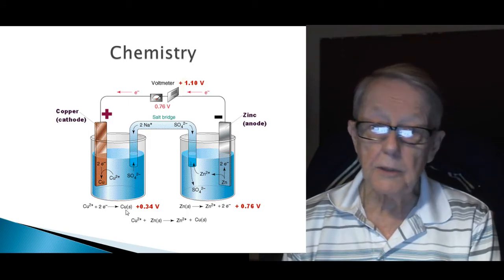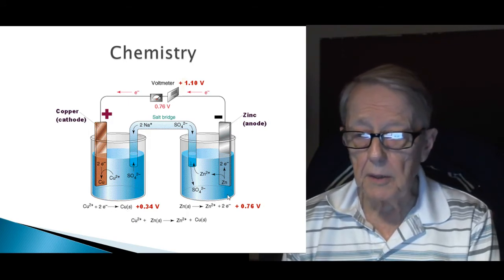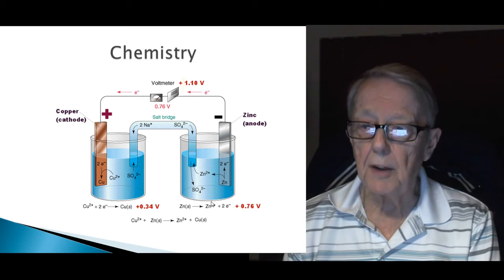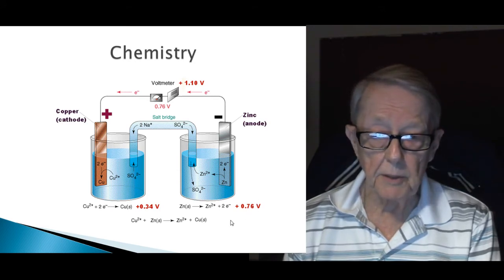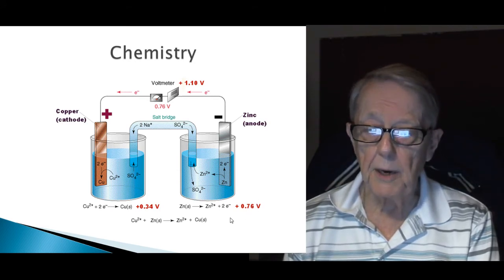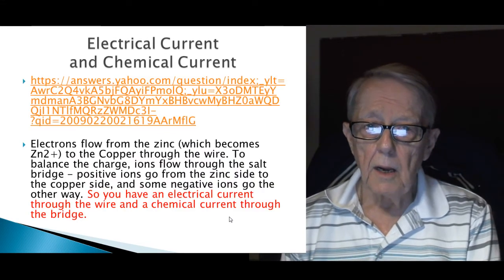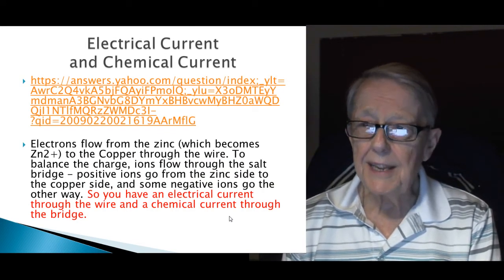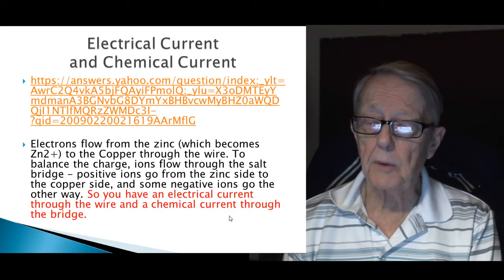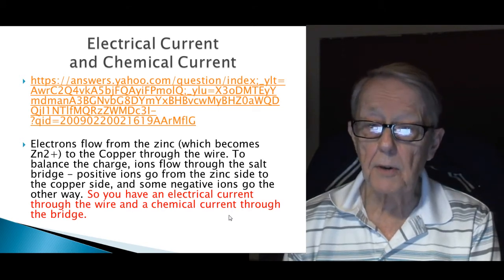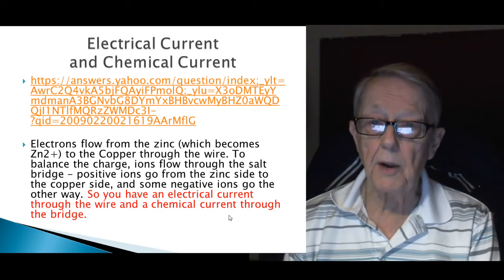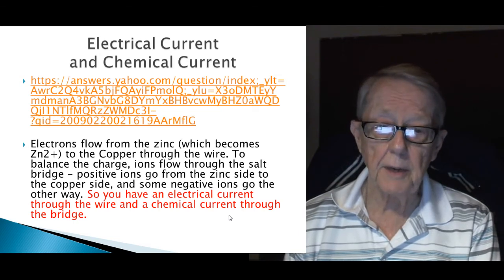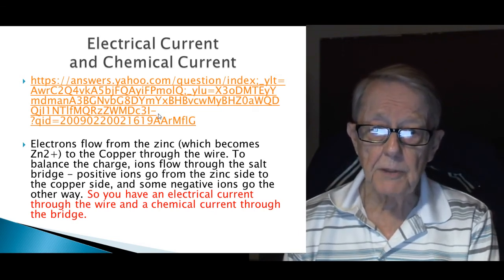As you might understand, these are really more simplified versions of the equation, because it seems to me there's much more going on. But what you note is that in the top half of that picture, where the electron is flowing, you have electrical current, and in the bottom half you have chemical current. Kind of an interesting point, which is emphasized from this link,